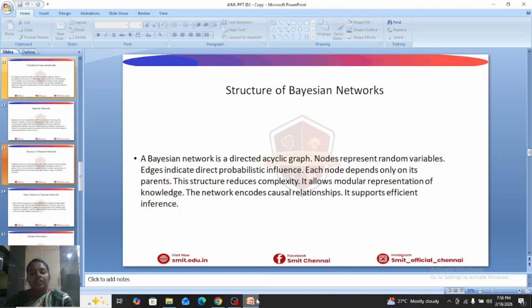Advantages of Bayesian network structure: compact representation of joint probabilities, handles uncertainty effectively, makes causal relationships explicit, and then supports efficient inference. Okay,